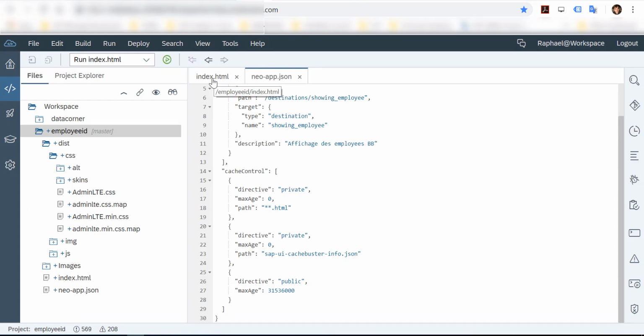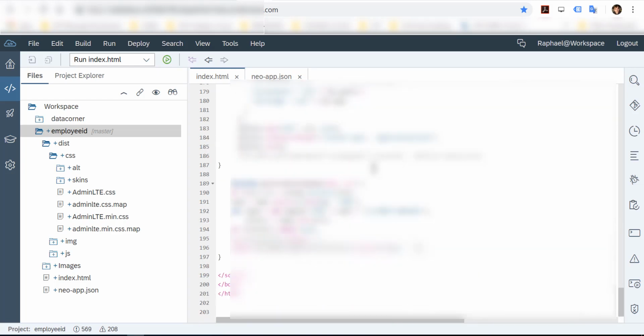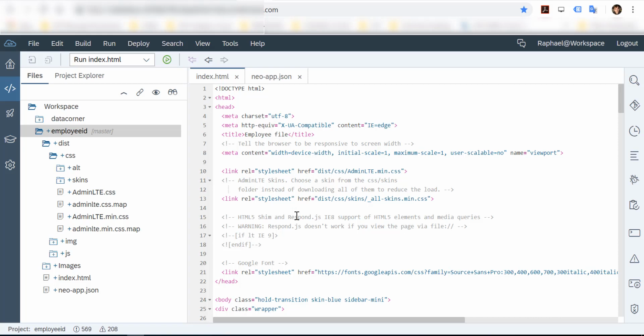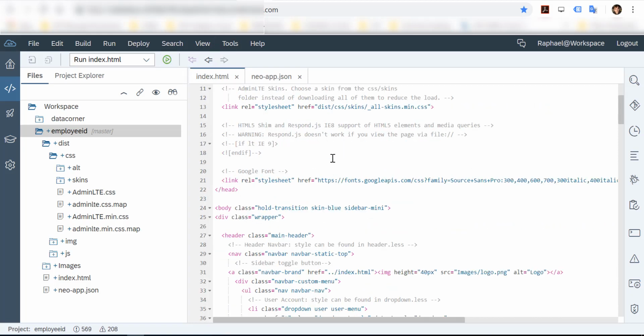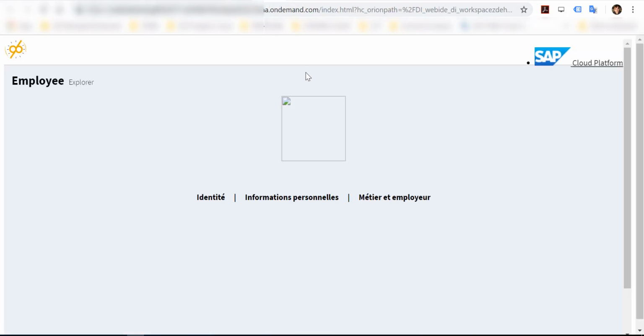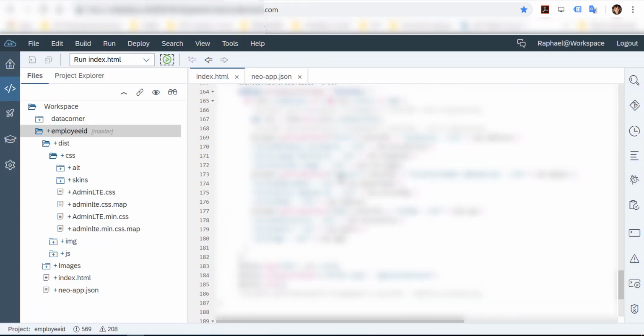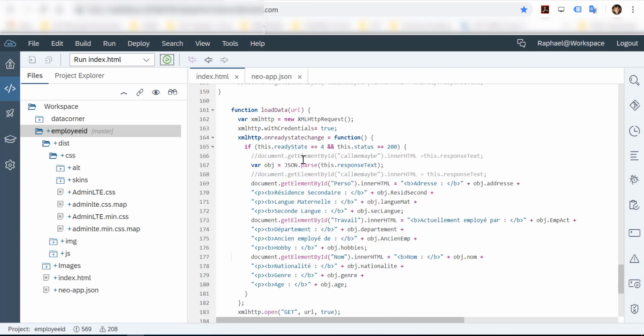And then you basically just need to go into your index file, and using JavaScript you're going to create, so here this is my page basically, so you can run this, and this is going to be a completely blank page. Okay, of course I have nothing, I didn't send any parameters to this page. But if we go to the bottom here, and we go into the load data, basically this is where I'm going to be parsing the JSON file and then creating the response and the inner HTML coming from the API, and the call will be made to my XSJS